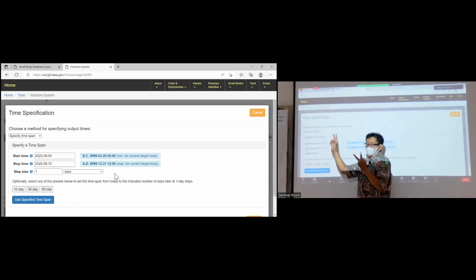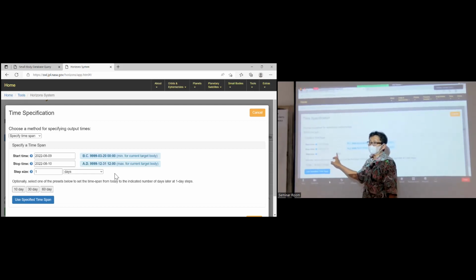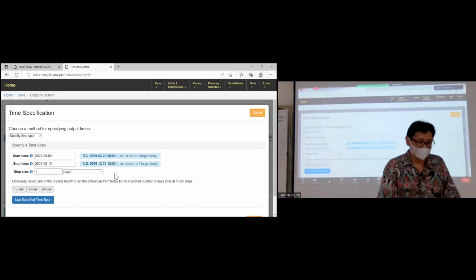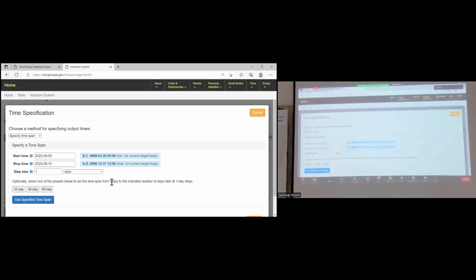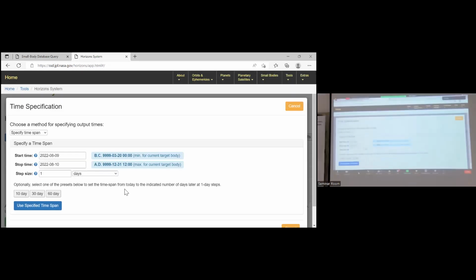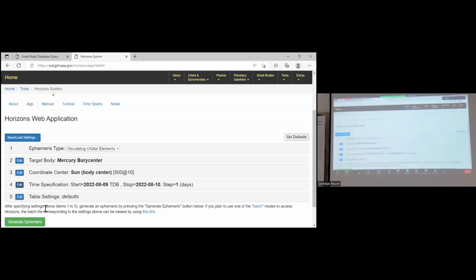But actually, you just choose the first data because for the interval you cannot use 0 days. You cannot use 0 days. Use specified time span. Oh, why? Okay.